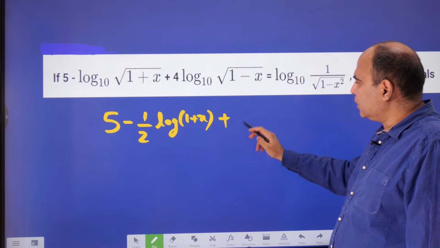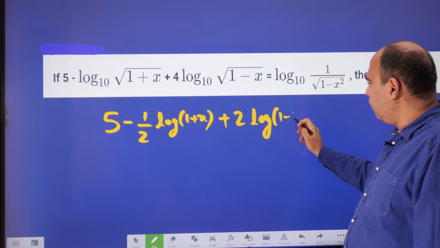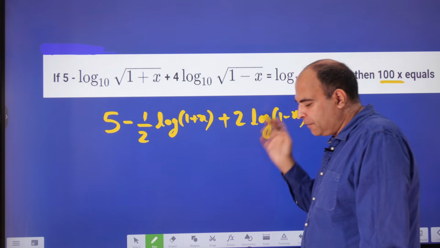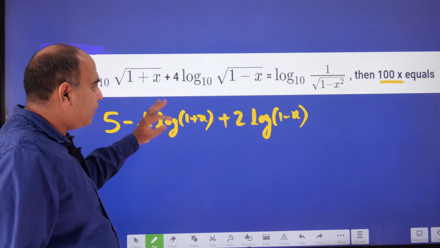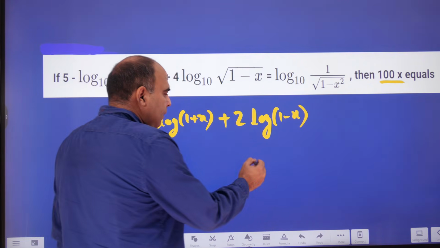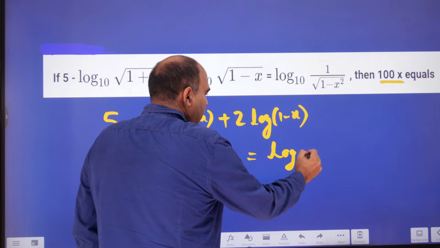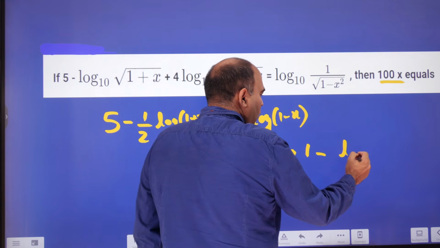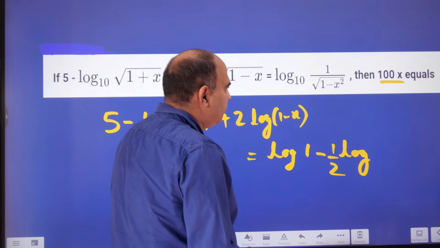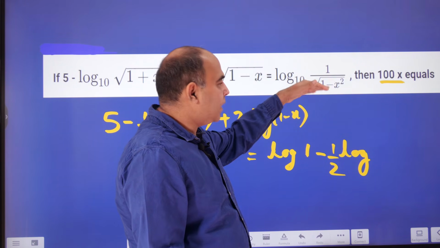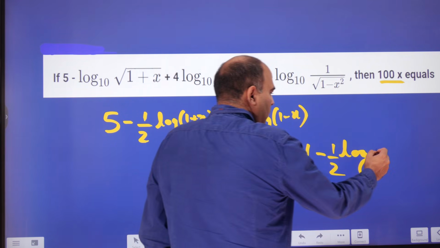And this is plus 4 by 2, so plus 2 log 1 minus x. I'm not writing the base 10 because it's base 10 everywhere. So when we need the base 10, we can get it back towards the end of the question. So this is the left hand side, and the right hand side can be written as log 1 minus log of b, since log a divided by b can be written as log a minus log b, and b is this, minus half log 1 minus x